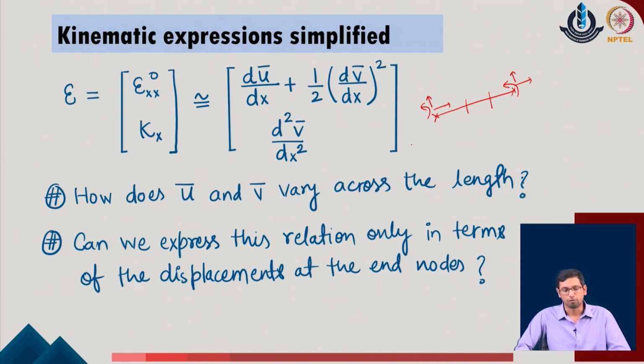So, what we require now is the variation of the u bar and v bar across the length, that we need to know first, and then we also need to identify, can we express the general variation in terms of the primary displacement parameters of the given system, which happen to be u 1 bar, v 1 bar, theta 1 bar at one of the nodes, u 2 bar, v 2 bar and theta 2 bar at the second end of the given system. We always make this point clear that theta bar at any point, say any point I of the given system, is typically denoted as dV upon dx at the given point I of the system.